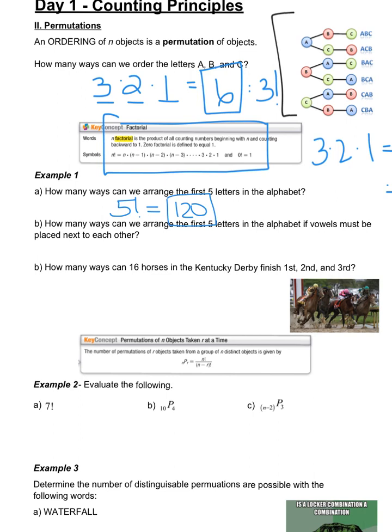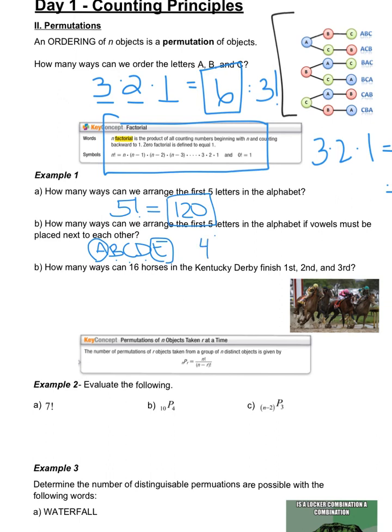On part B, how many ways can we arrange the first 5 letters of the alphabet if the vowels must be placed next to each other? So when we're thinking about this situation, our vowels must be placed next to each other. We have A, B, C, D, and E. We have 2 vowels and 3 consonants. So if we look at this, we know A and E must be placed together. So we essentially have 3 letters and a group of vowels,